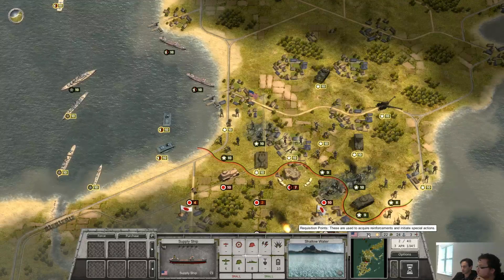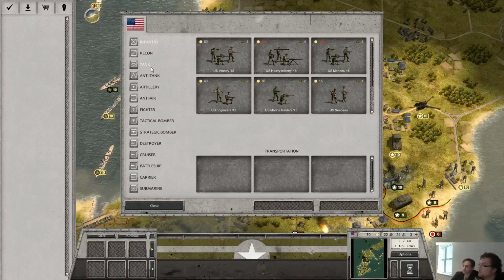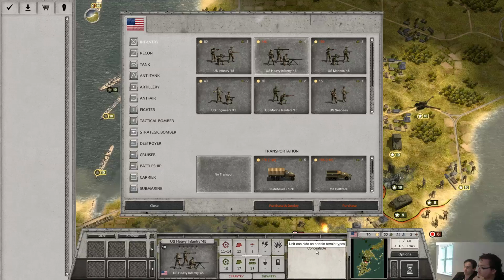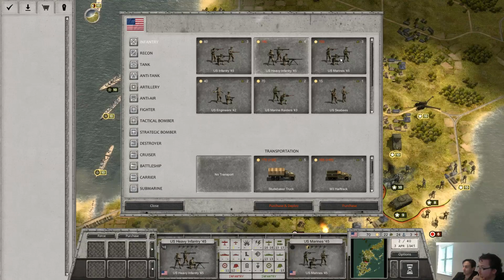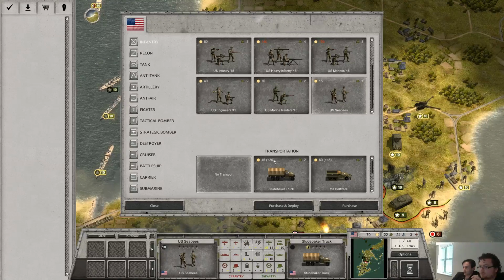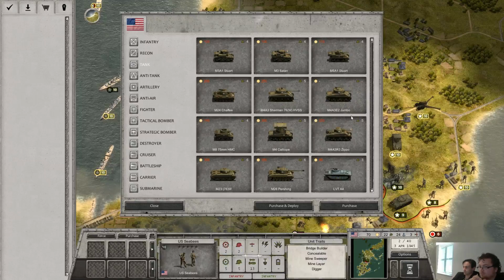What we also got here is our money. We could buy more units. We've got here the purchase screen. Lots of units we've got for infantry. It also tells me what their speciality is. Unit can hide on certain terrain types. We've got the Marines, CBs, we've got recon, we've got tanks,